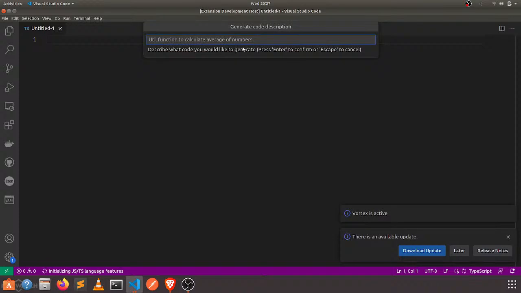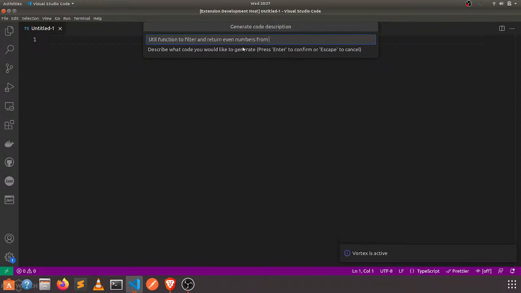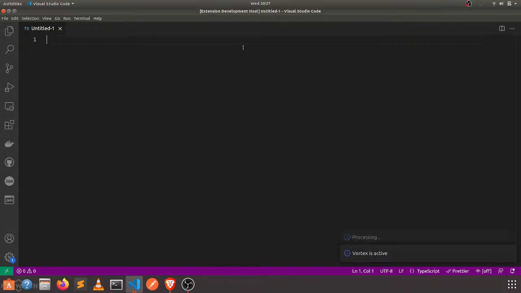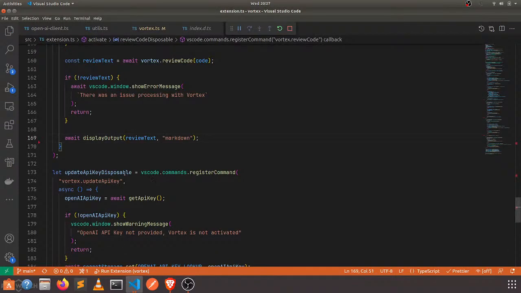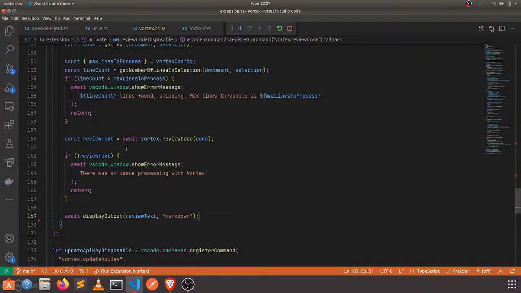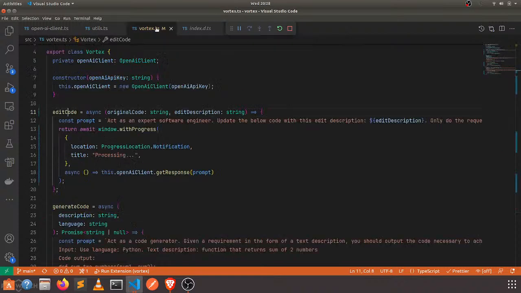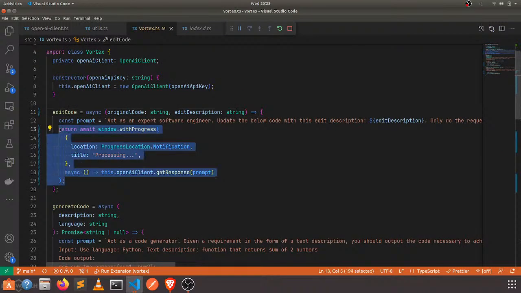It should be active now. Okay. Function to filter and return even numbers. And it's done. Great. I think that looks great. And it's literally the same code in all the other functions, so it should be fine. Let me do a last